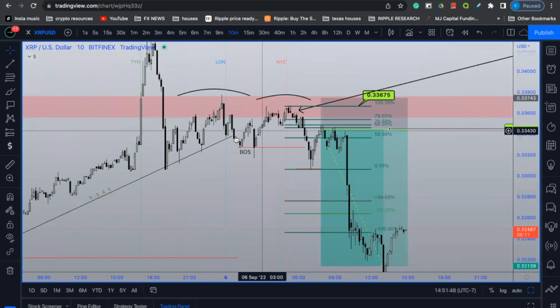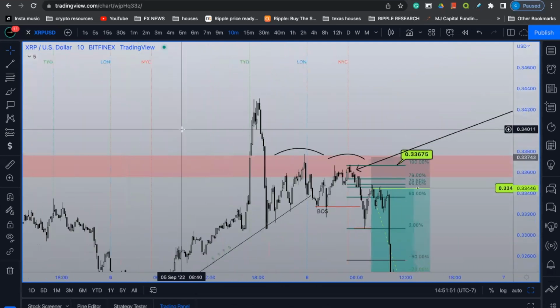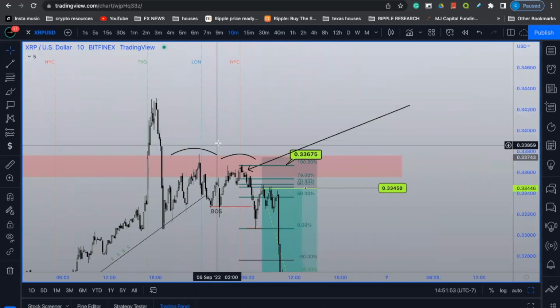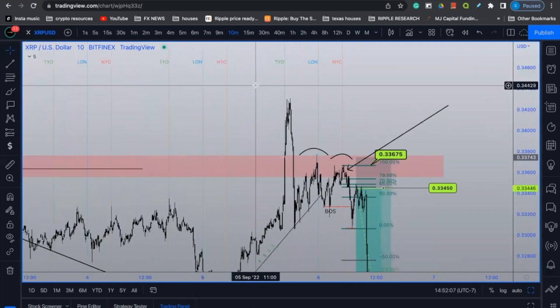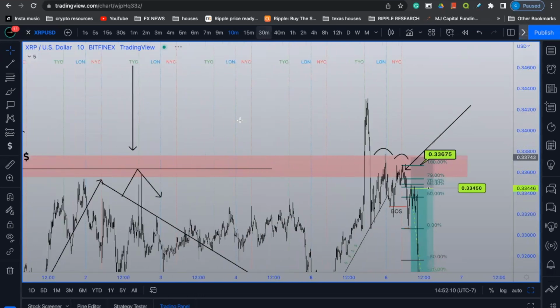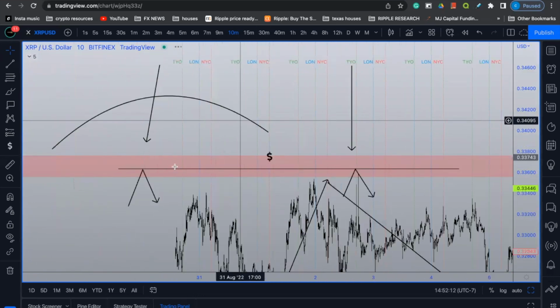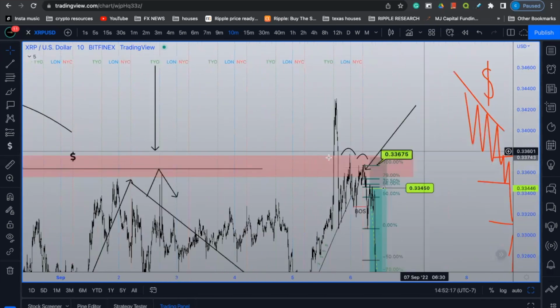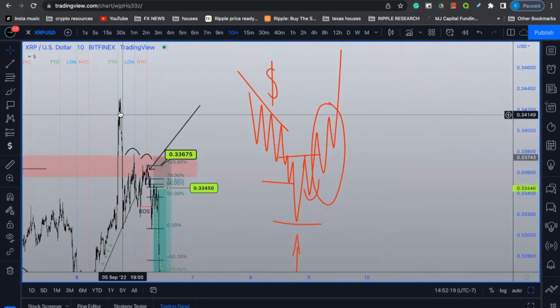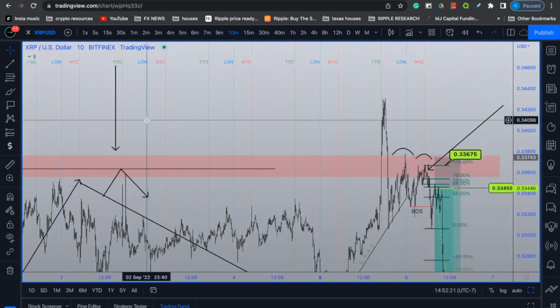With that being said, guys and gals, let's just confirm and go over all of our sound confluences that we took to approach this market today. Overall, we have the DXY strength, which led us to believe that we were going to see a depreciation in XRP. We have bullish fundamentals coming out for the United States economy. We have higher time frame liquidity grabs. I showed you guys on the 30-minute time frame how these areas over here will equal highs. And I showed you guys how this market structure was a manipulation move that came to grab the liquidity in the form of over-leveraged traders above those highs.